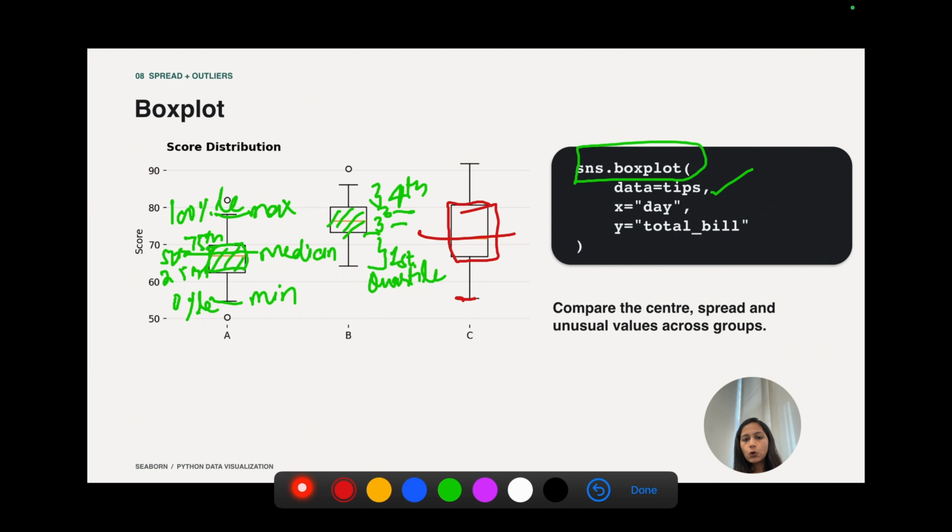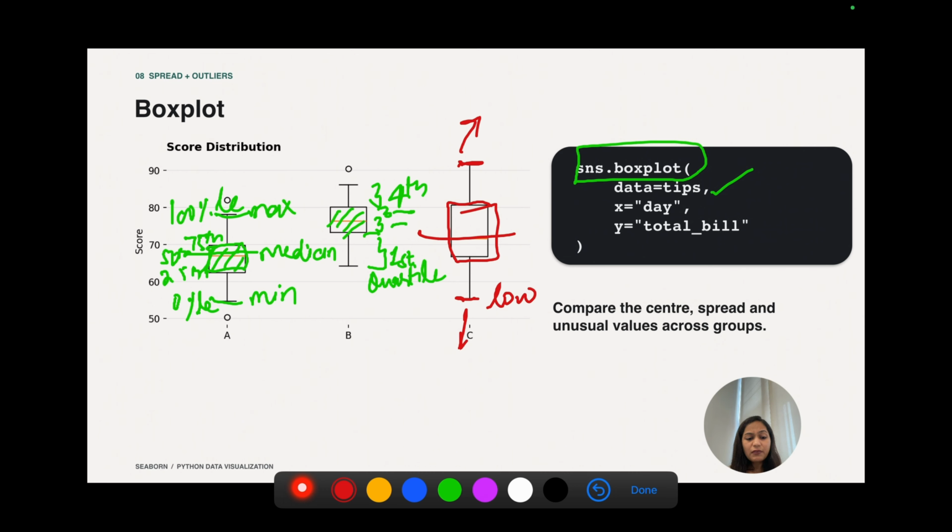The lower whisker is the lowest value, the 0th percentile. The upper whisker is the highest value, the 100th percentile. So everything is falling between 0 and 100. Whatever comes beyond the lower and upper whisker is an outlier. So this box plot is very, very useful for detecting outliers as well.